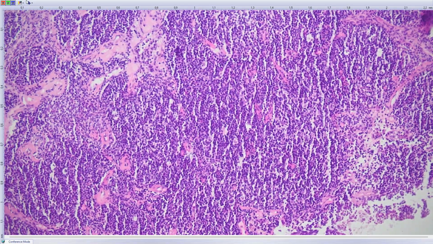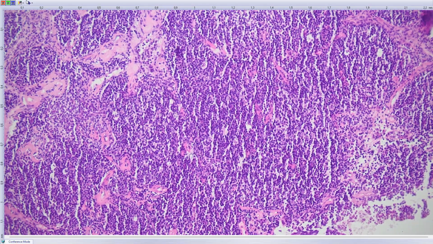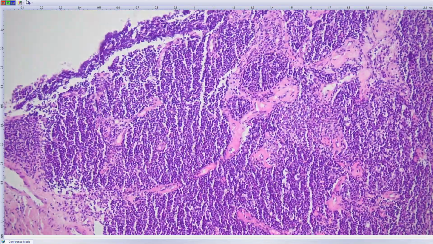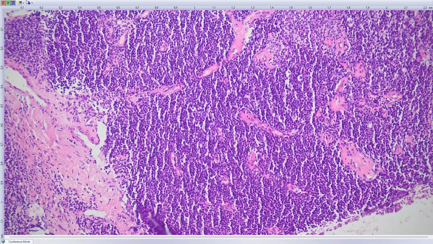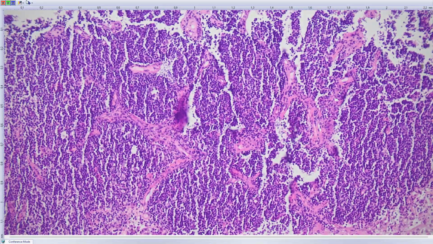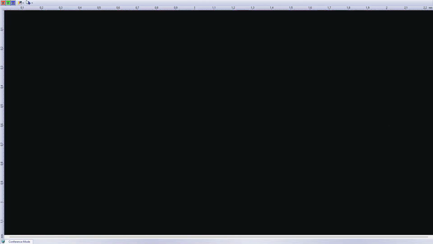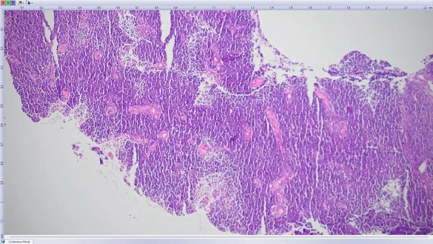In higher magnification, you can see it's small, primitive lymphocytes, right? So could it be lymphoma? Yes, we are in the mediastinum, but